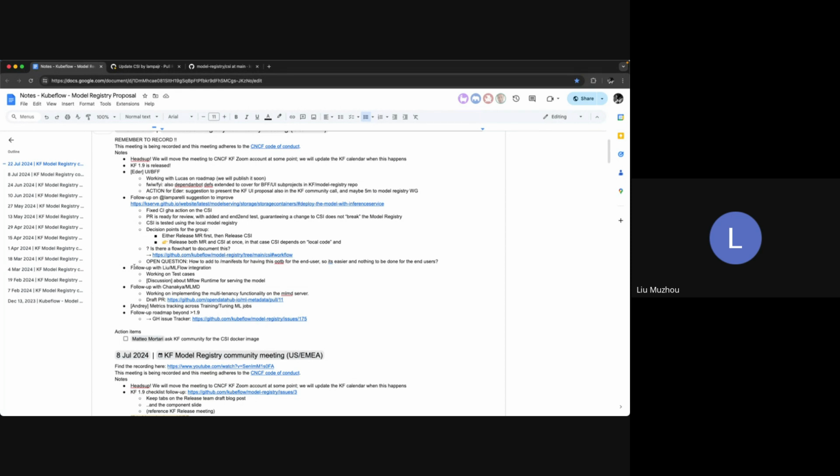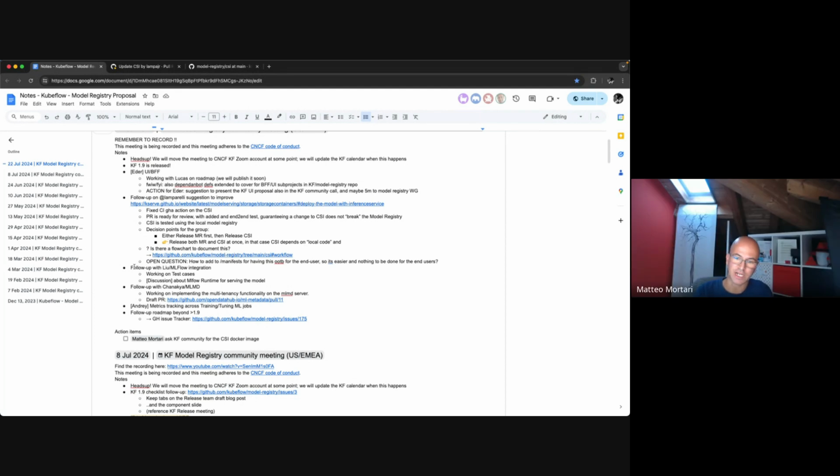All right, let me try to make a summary to check if I understood correctly, and then I think I have a proposal. The point is that as we are trying to import from MLflow to model registry, the internal implementation of how MLflow stores its data may change even in a minor version.